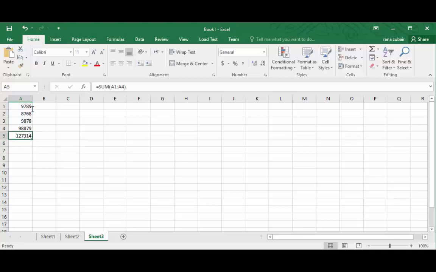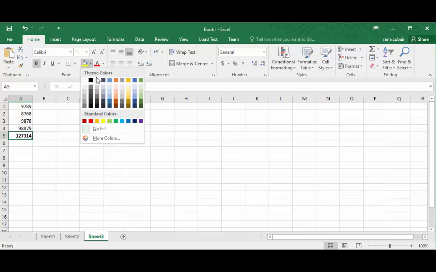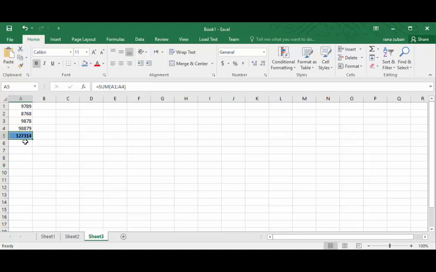Now you can see why we need cell reference. In this formula, A1 is representing this cell, colon is representing range, and A4 is representing the last cell whose value we need to add. If I change any value, the formula will automatically update it.